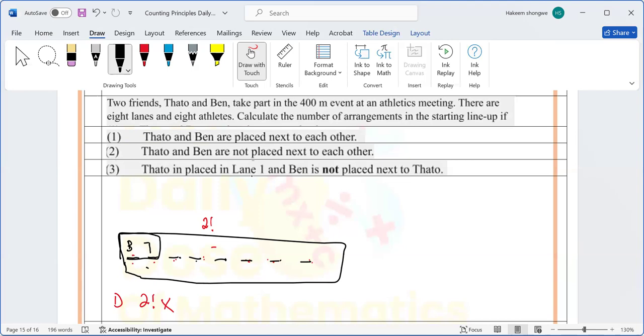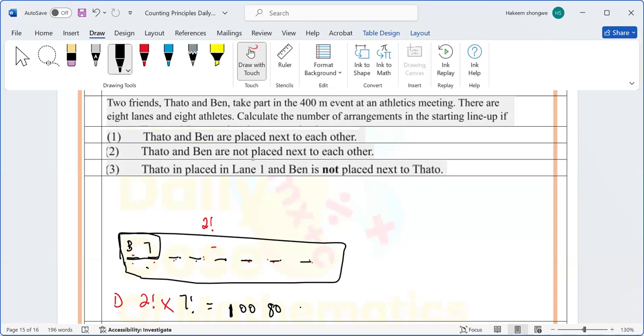Ben and Tato are placed next to each other. They say Tato and Ben are not placed next to each other. So number 2, we're not looking for them being placed next to each other. We're looking for not placed next to each other. Yeah, 1.1, it's 7 factorial. What is the answer? Give me the answer about that. It's 10080. Like this? Yes. Okay. So these are the number of arrangements that we can have when Tato and Ben are next to each other. Everyone is happy then.